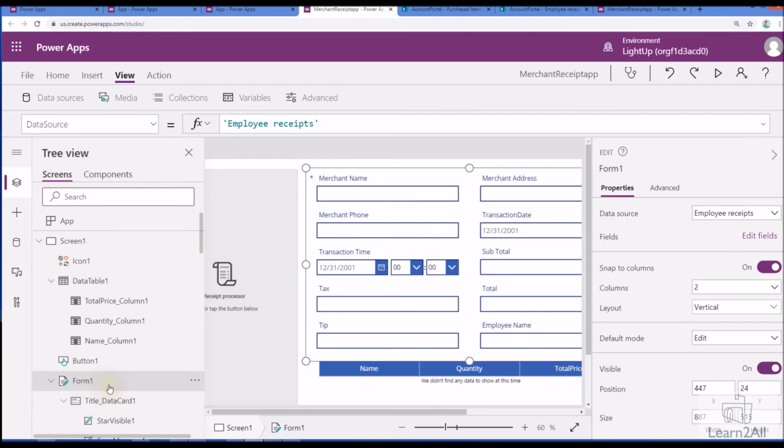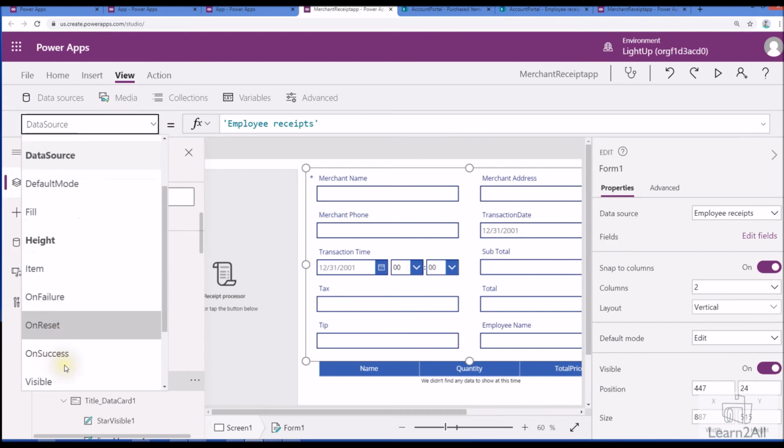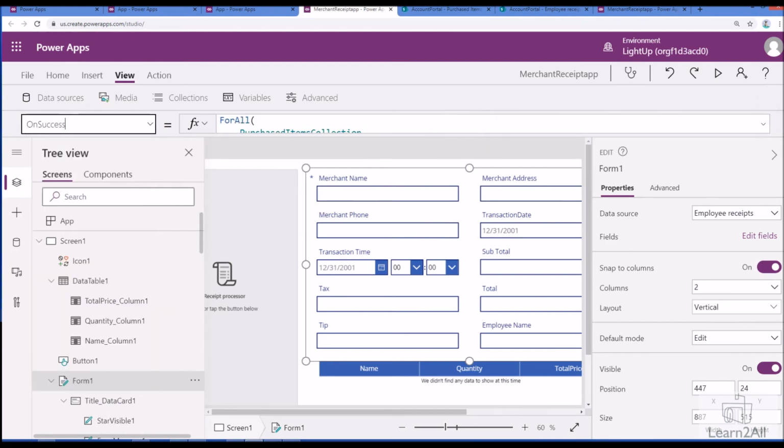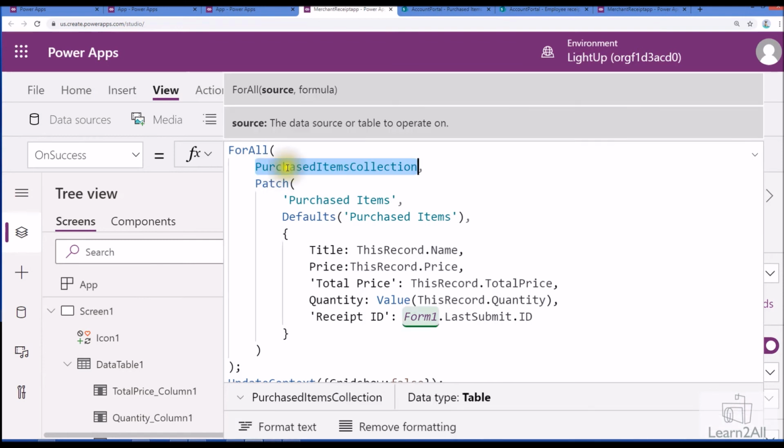So this is our form, and just open the on success event of the form. So on success we are writing this formula. So this is the on success event. First of all, we know that we have stored the purchased item into this collection.